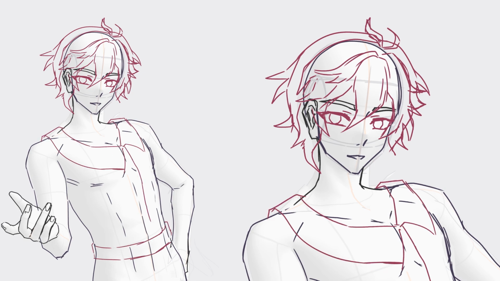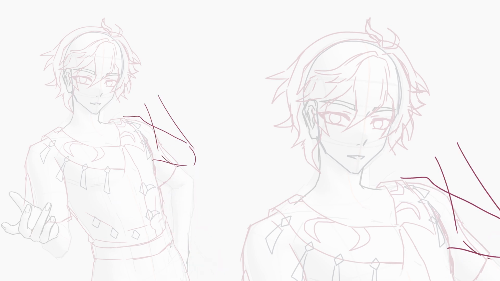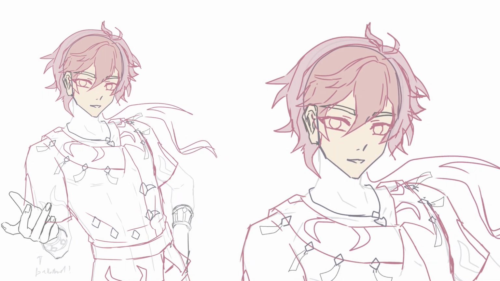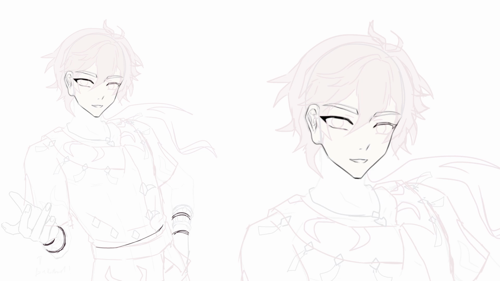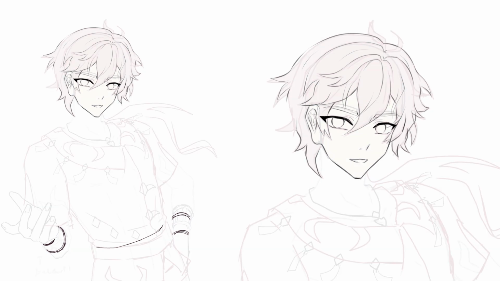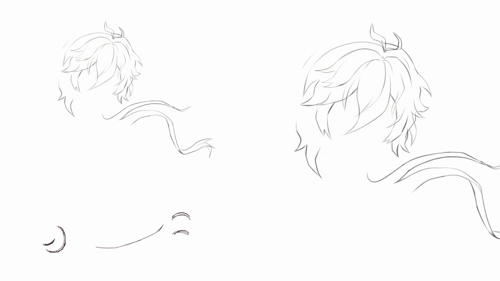Since Zhongli is a rather quiet character, meaning I wouldn't see him pulling the crazy dance moves and being super energetic on stage, but rather graceful, I went with a more casual pose where he had one hand reaching towards the viewer and the other one on his hip. I experimented with how bent I would want his upper body to be here. His shoulders and eyes were angled in different ways, something I did with most illustrations since I find it can make poses more interesting.